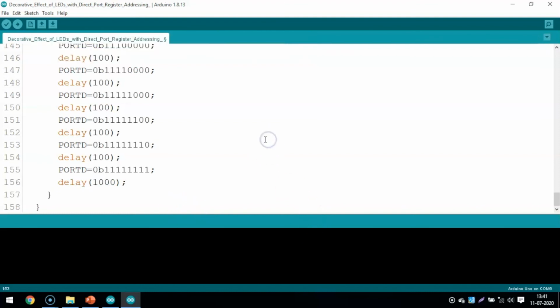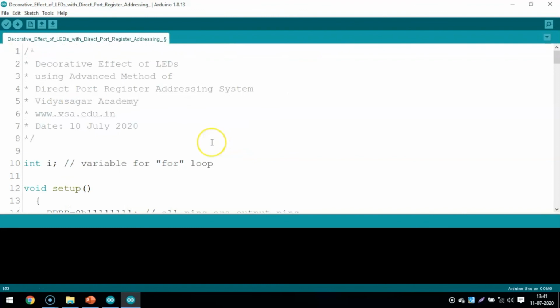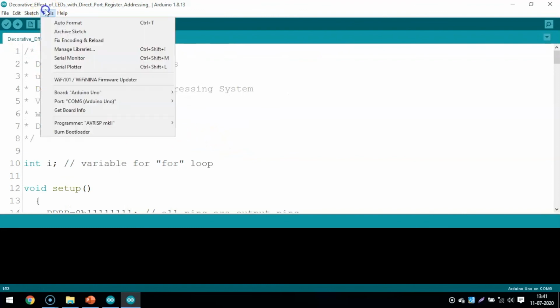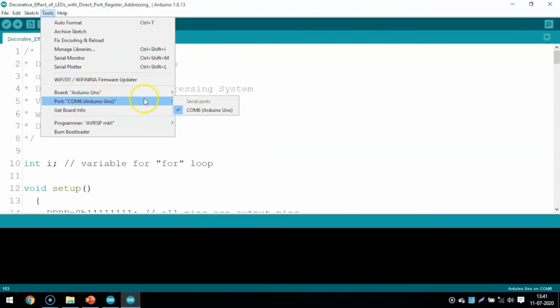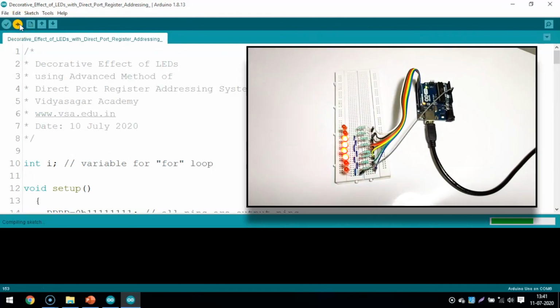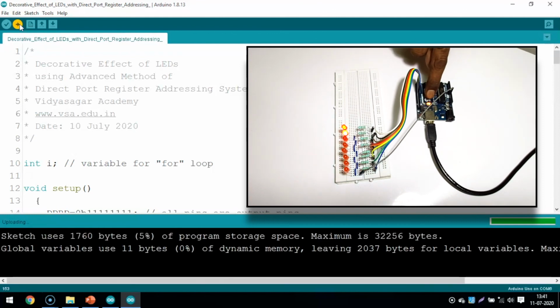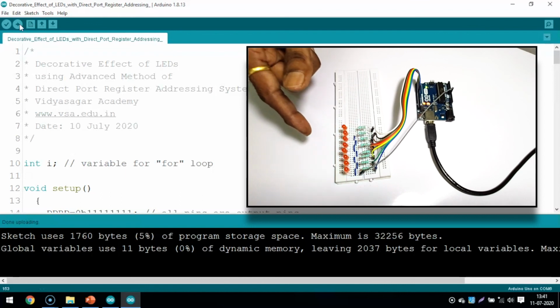Simply connect the USB B socket and the pin and the data cable. Then come to your Arduino software. Check whether the board is properly selected and the COM port is selected, and then simply click upload. Once upload is done, you can see here these LEDs are glowing now. So communication is done. Now the LEDs are blinking.